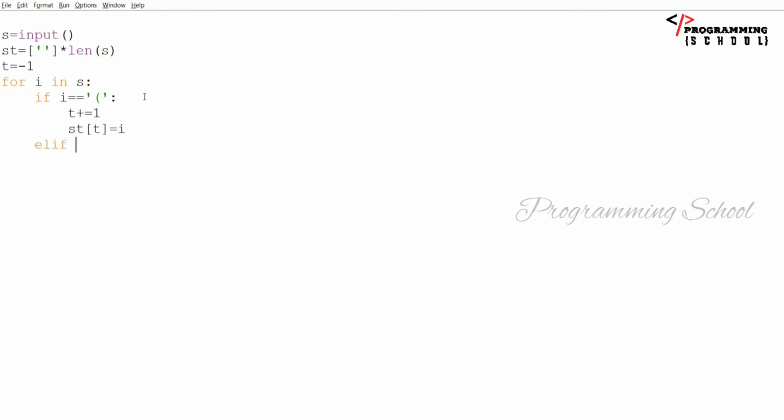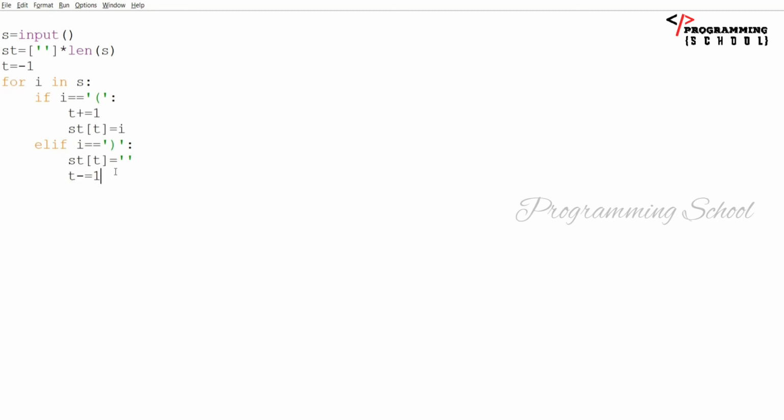Else if i is equal to a closed bracket, what do we have to do? We have to take st of t equal to empty, and then t minus equal to 1. First of all, I have to erase the value, and then I'm going to decrement the top value here.